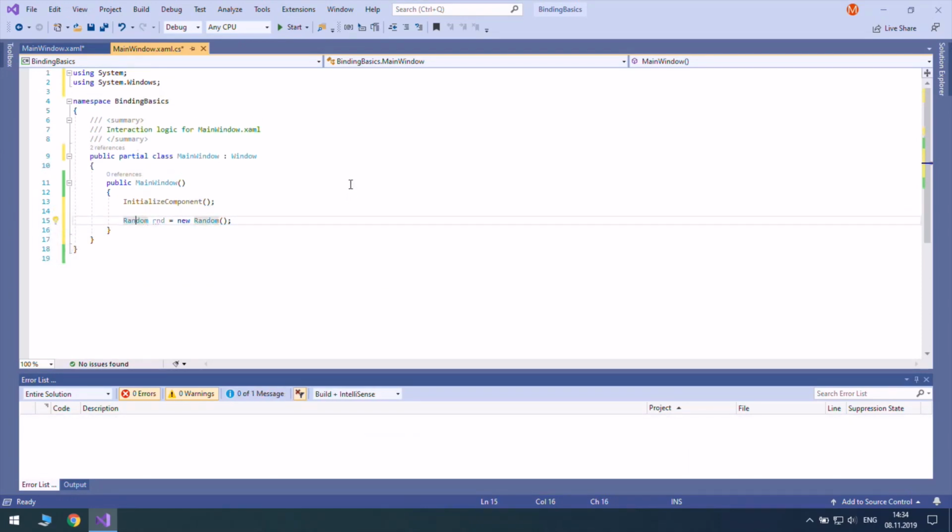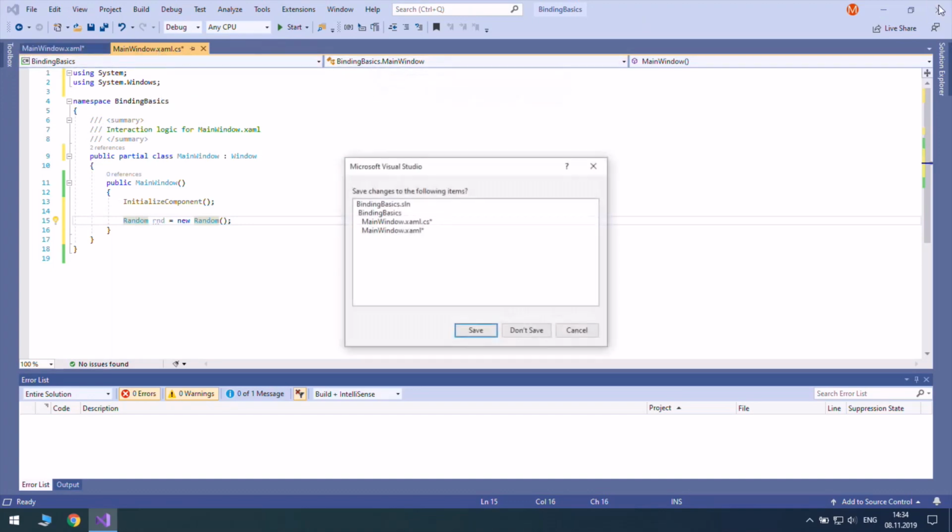So the next useful feature is saving of all files. So right now we have two unsaved files, and if we try to exit, yes, it will ask us if we want to save or no, and it will automatically save all.